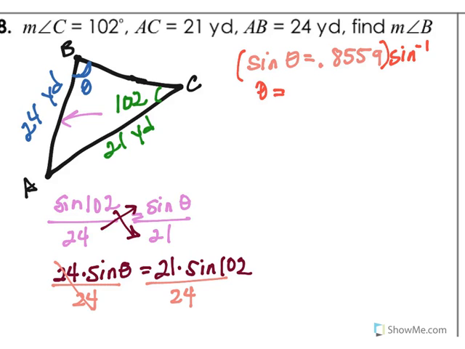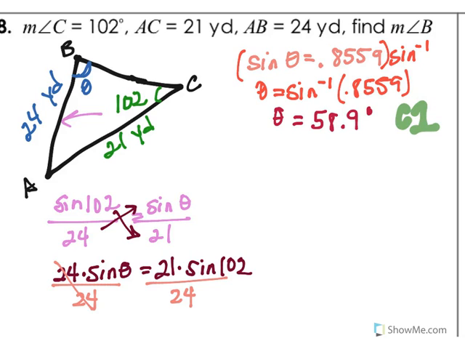Now to get theta isolated, you're going to need the inverse of both sides. So now you have theta equals sine inverse of 0.8559. And when you put that into your calculator, you get that theta is equal to 58.9 degrees. Now remember, this is case 1. Now we have to go find case 2. So case 2